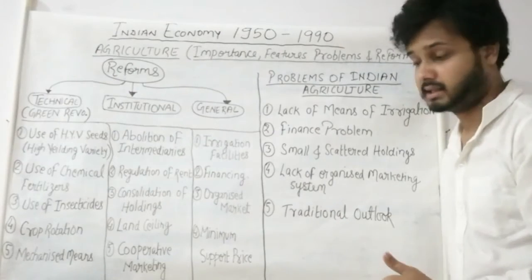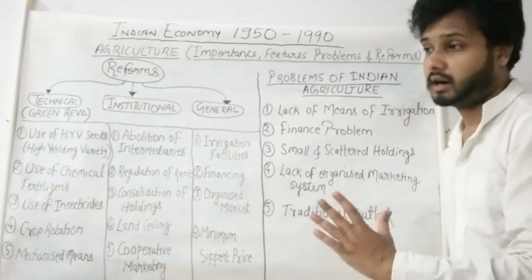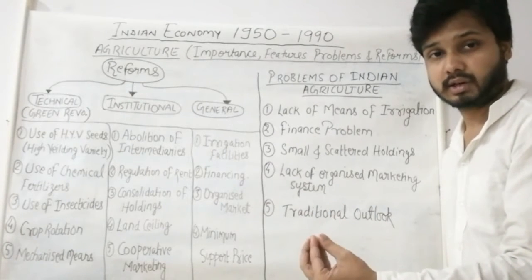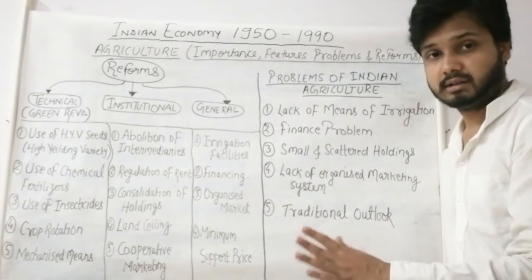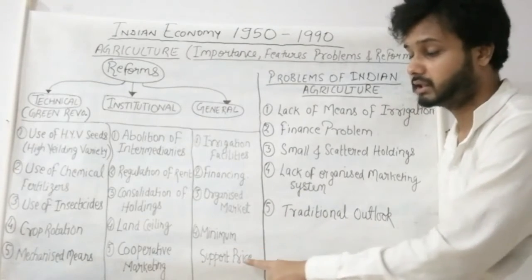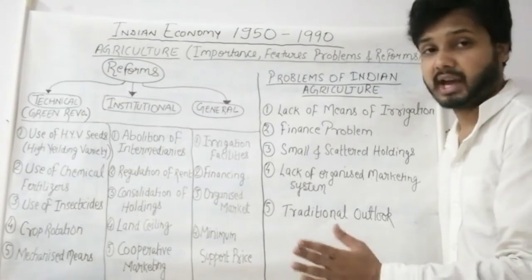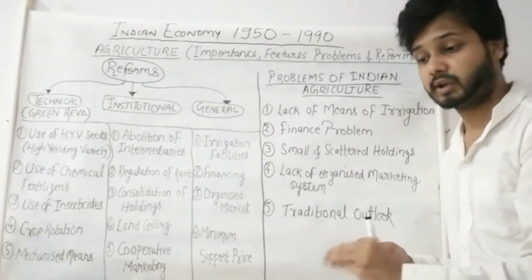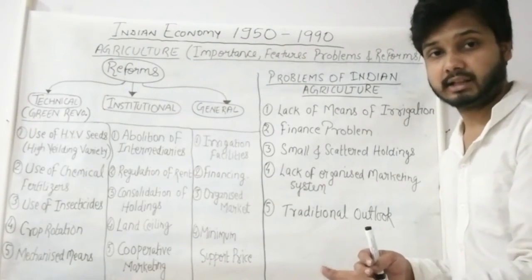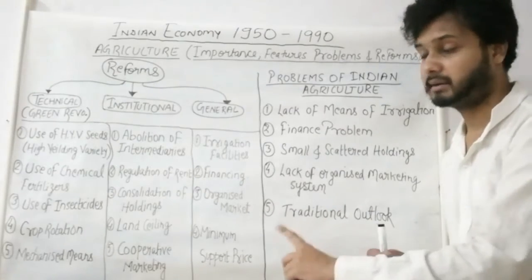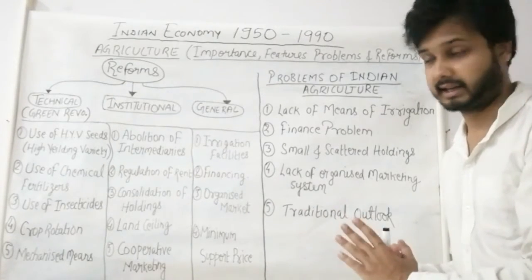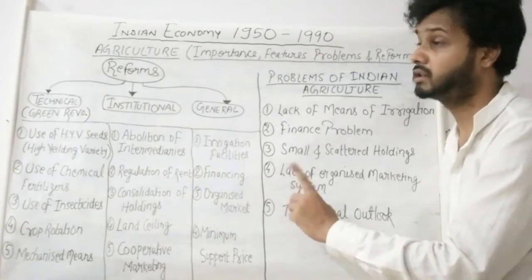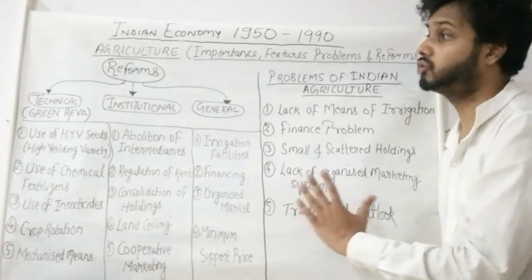Minimum support price. It is the price which is set by the government. Government purchases the production from farmers at a minimum rate, and that minimum rate is known as minimum support price. Every year a minimum support price is decided by the government. At that rate, farmers sell their product to the government. So these were the reforms made in the field of agriculture, which ultimately improved the condition of